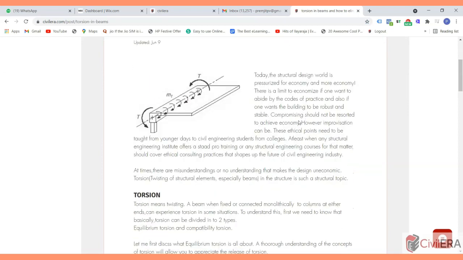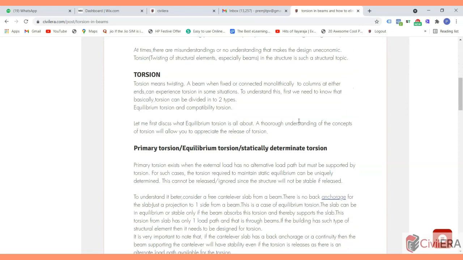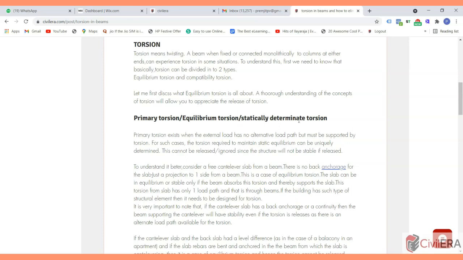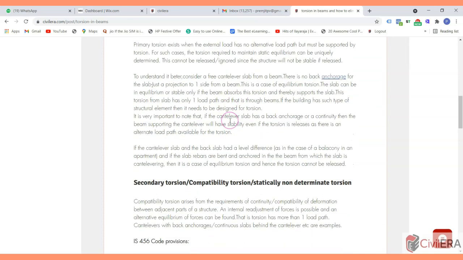So here I have completely mentioned what torsion means, and primarily what I want to tell you is that the code interpretation is very important, because even in that case, the code is asking you to release the torsion, which also is going to be equivalent to designing for torsion. So that's what I want to arrive at. The entire explanation is given in this particular blog. I will just show you the code provisions and the notes